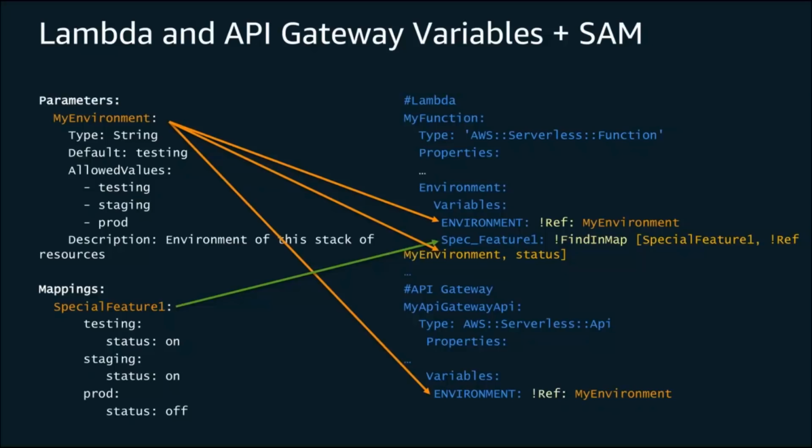And so my Lambda function, upon either its initial bootstrap or every time that there's an invocation, can grab these values and configure its business logic accordingly for that. We then also see down below at the bottom half of the right-hand side of the screen where I have an API gateway definition where I'm passing in the environment variable from my environment, and we can assume that that somehow impacts my application in some way. And so again, by combining these parameters and these mappings with the ability to pass in environment variables and stage variables to Lambda and then API gateway, it gives us a great capability for having very dynamic templates that can be reused over and over again in lots of different ways.